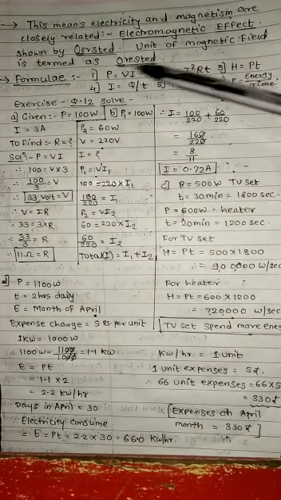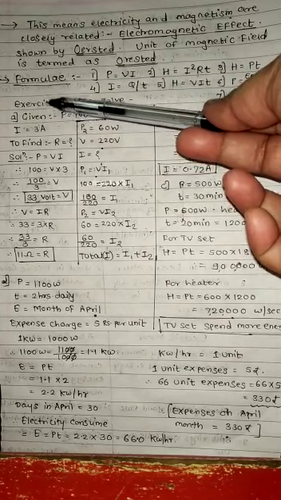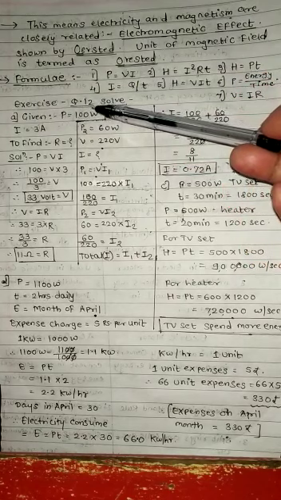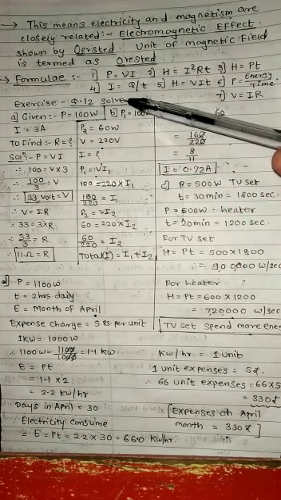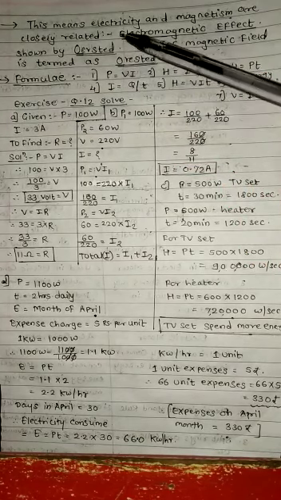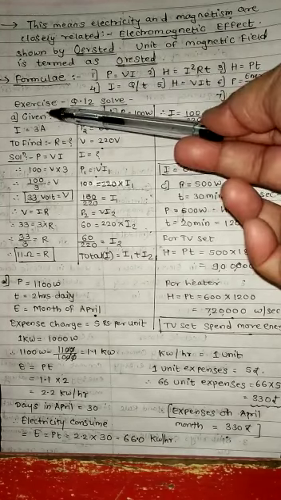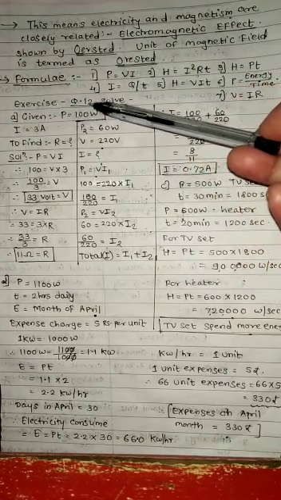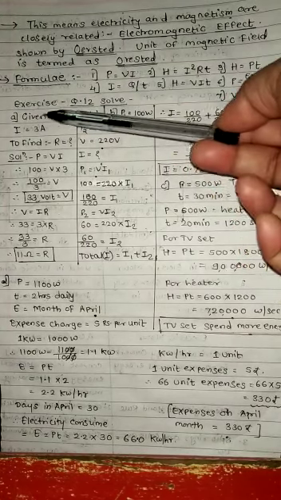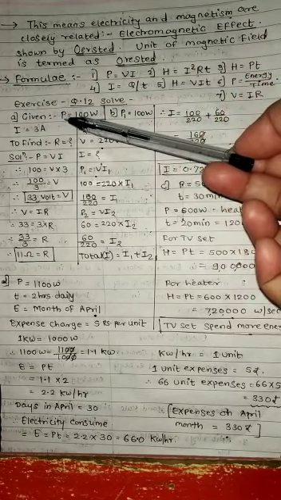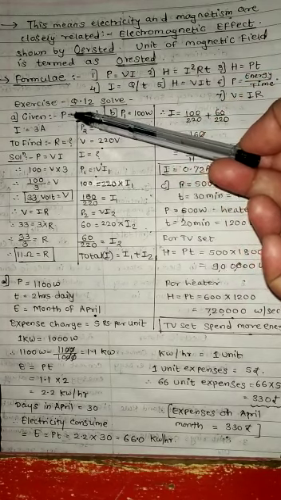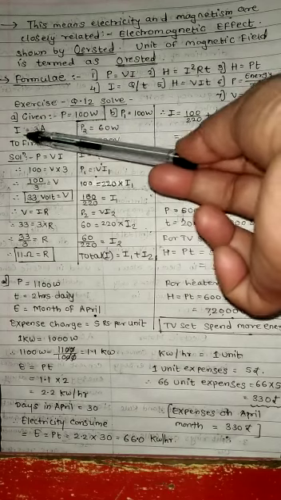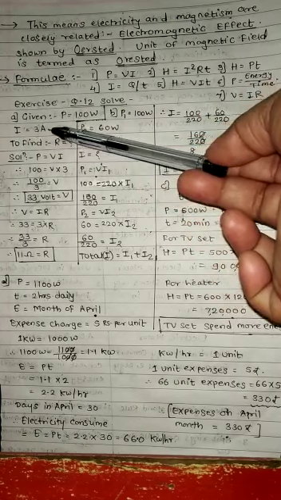So in your textbook exercise of the fourth chapter, there is question number 12, that is, solve the sums which are related to this fourth chapter. So suppose the given is P, power, is equal to 100 watt, I, current, is 3 ampere.